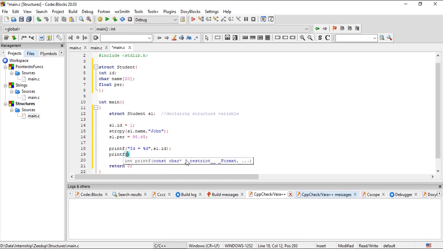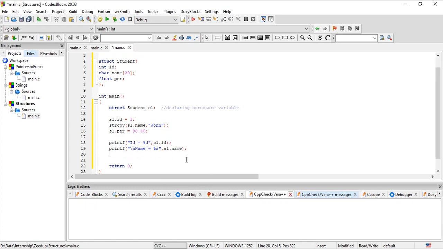Then we are going to write in the next line the name, and this time it's going to be %s because it is a string or a character array, that is s1.name. The third thing is going to be the percentage, so percentage equals %f, since it's a float, and after writing it we want a % sign as well, so this is going to be s1.per.